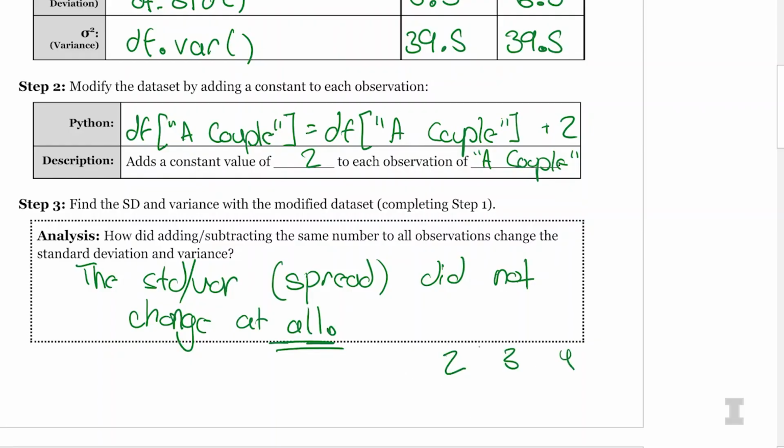The spread of these is each number is spread out by having only a difference of 1 between the center value. And then if I add 2 to all of these, I now have the values 4, 5, and 6. And now we still have a spread of just 1 between the center value of those 3 values. So you can see just by adding a constant, we actually don't end up changing how spread out these values are. Exactly. We're just shifting them over to the right.